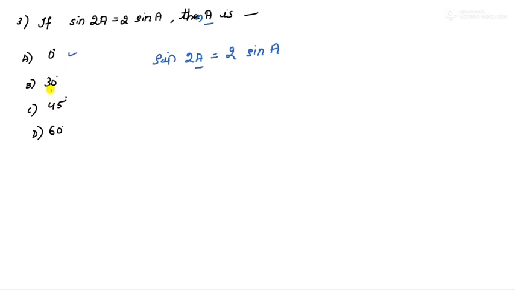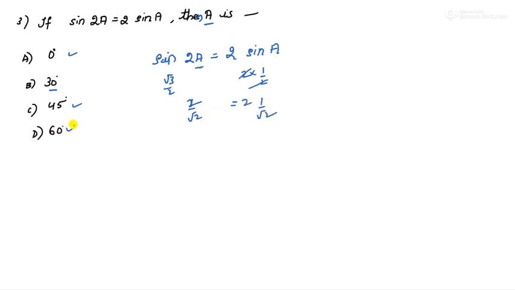Now let us look at 30. So sine of 30 into 2 is sine 60. Sine 60 is root 3 by 2, correct? And here 2 into sine 30 is how much? 1 by 2. So this won't be equal. Now 45: sine 45 is 1 by root 2, correct? So 2 into 1 by root 2 will be 2 by root 2. And here also, if I take sine 45, it is 1 by root 2, so 2 sine 45 is 2 by root 2. So these are equal, 2 by root 2, 2 by root 2.